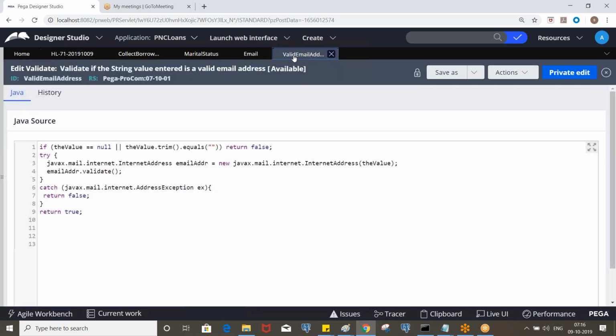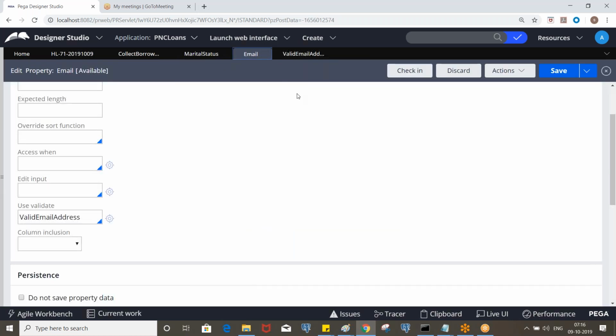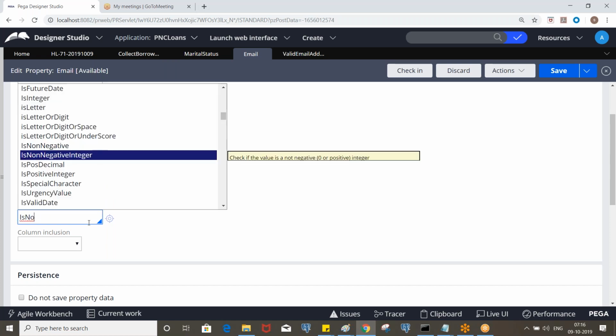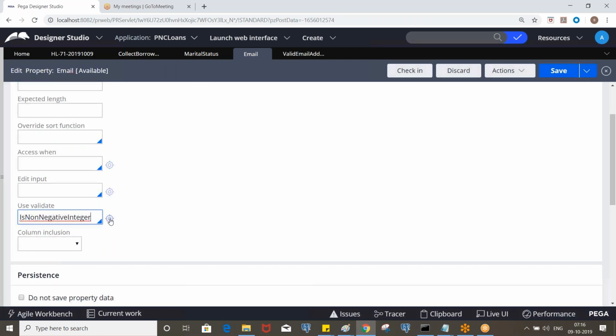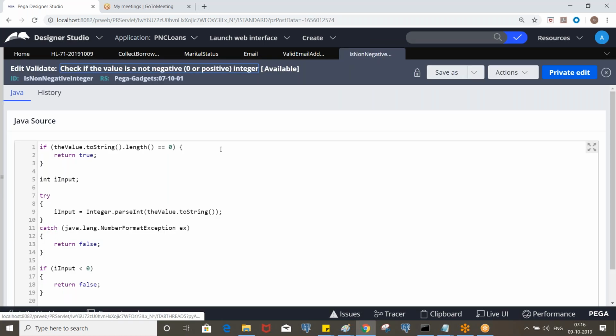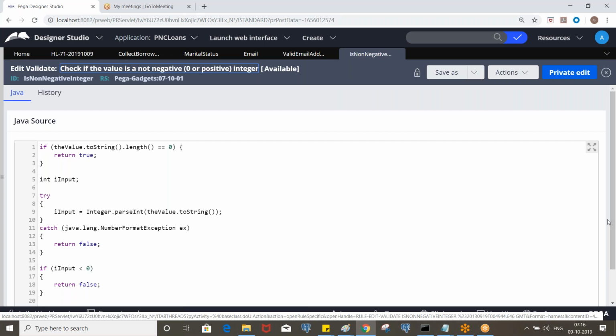Similarly, you can find is non-negative integer. If you enter a value in a non-negative field, it will display a message.